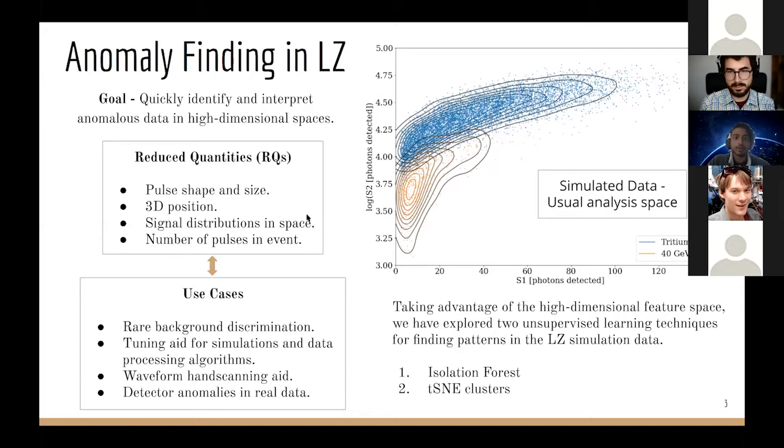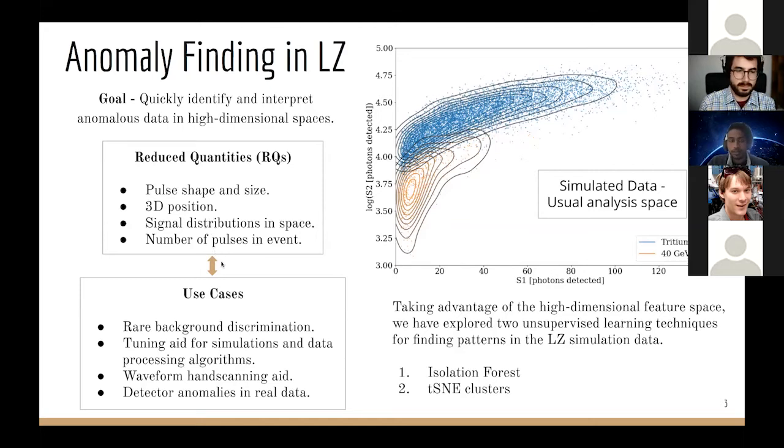So basically, this pertains to which PMTs are firing and what are the areas that they detect. You can also put in RQs like the number of pulses in each event. So the waveform I showed in the earlier slide had a few pulses tagging after the S2. And using all of these RQs, we can put them in a